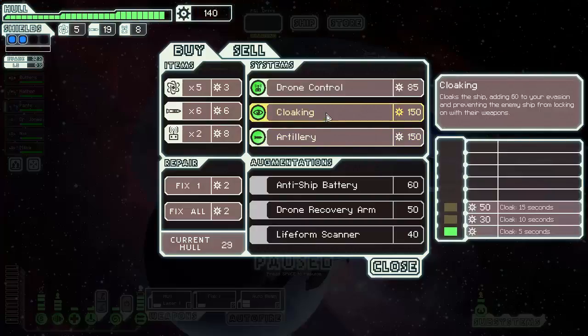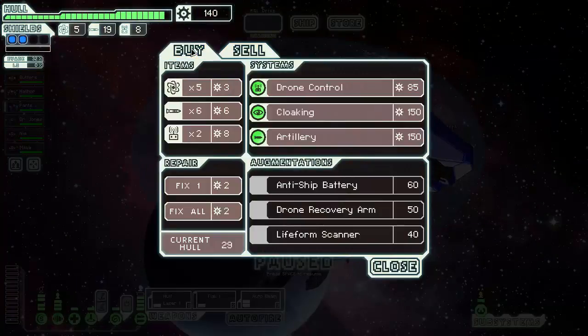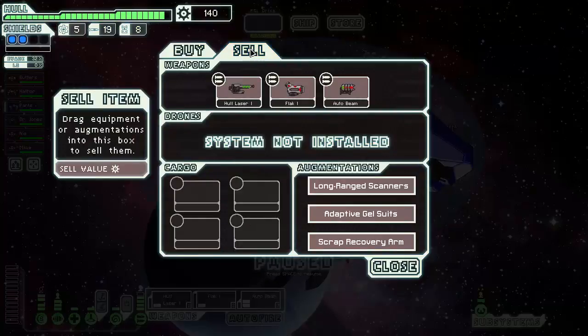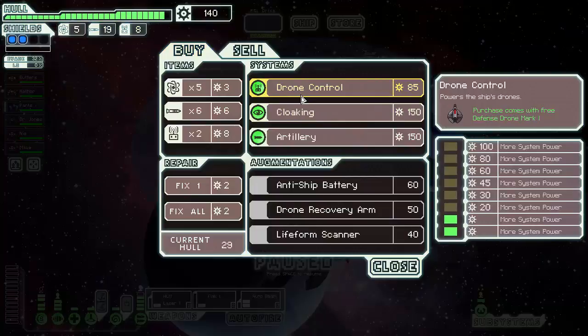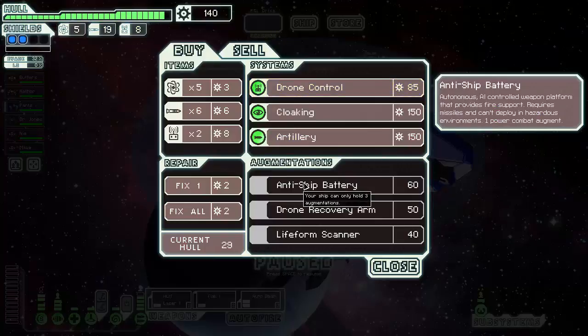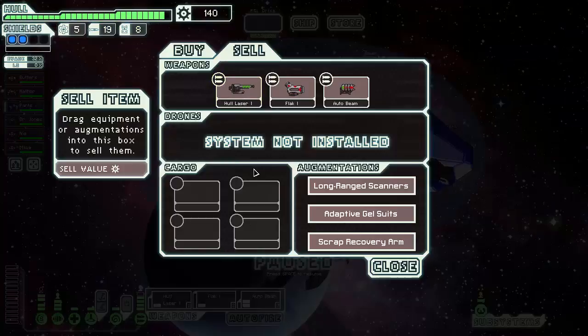Okay, so it didn't work. That's unfortunate. Do I want to get rid of something in order to buy cloaking? Or do I just want to buy the anti-ship battery? Drone control. I think I do want...